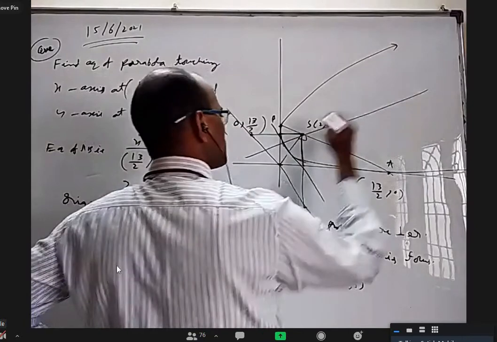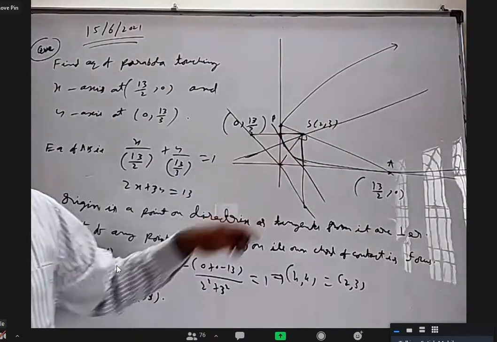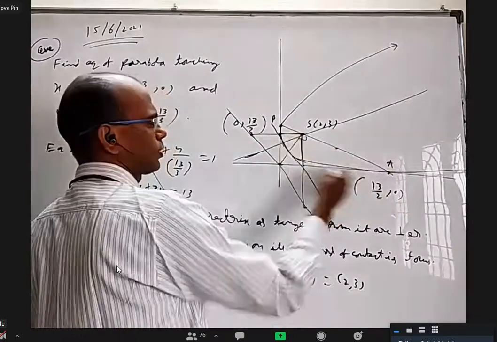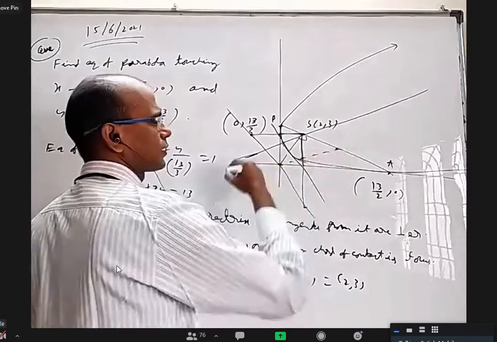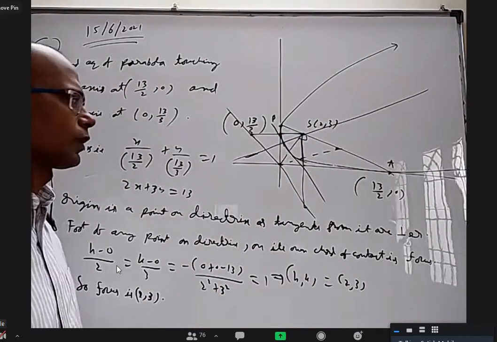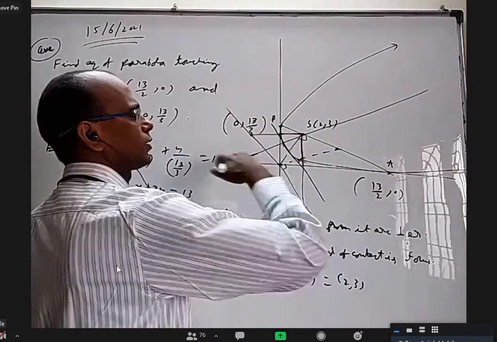This is the axis of the parabola. Okay, this is not the axis. But we know one more point. If you take midpoint of any chord and join to the point of intersection of tangents, that is also parallel to axis. Okay, and it will be 90 here because it's parallel to axis.